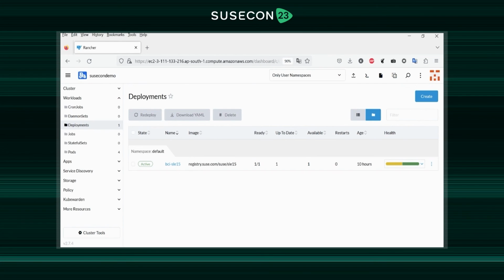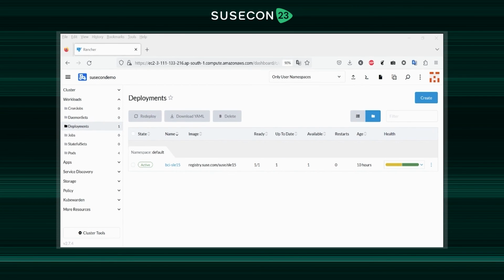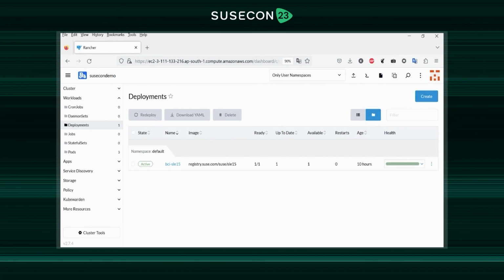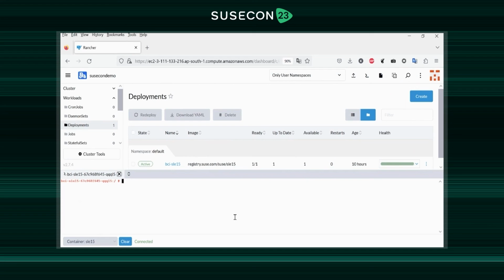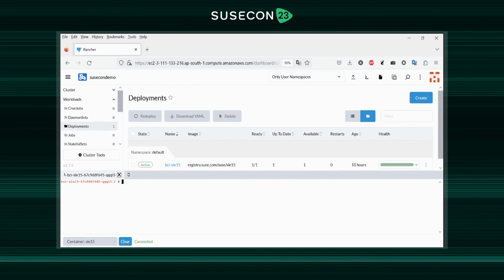Now I'm going to add a couple more arguments to this previous command to make sure that this particular capability is now available and visible. Since it is now redeployed, let me execute a shell within this particular pod container